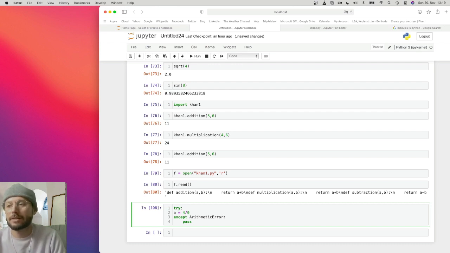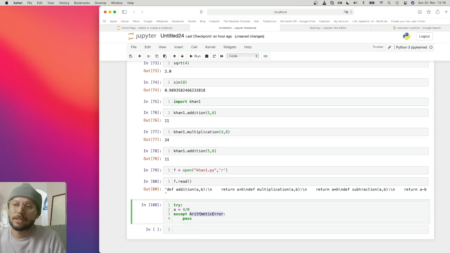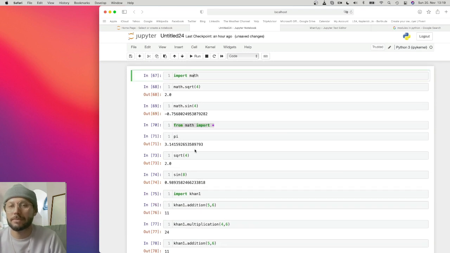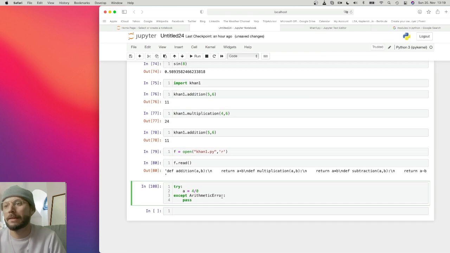Yeah, this is built-in. There are many built-ins like this which are used for different things. This one is for arithmetic error. You don't need to make it, it was made by other people already. Like math is made by other people already. So I will write here ArithmeticError, and then I will write here